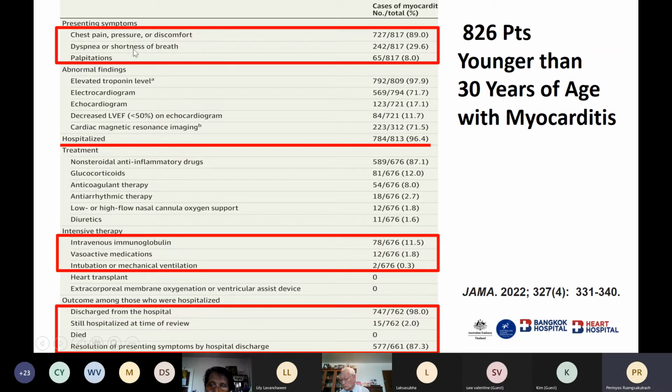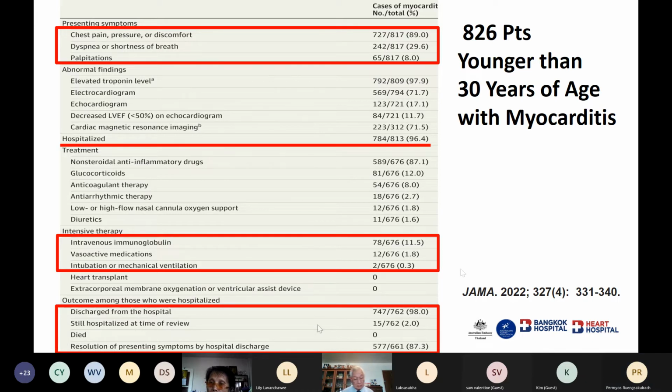Okay, chest pain or difficult breathing, or you have palpitation. Palpitation is not common. It's about 10% of the people have vaccine-induced heart muscle injury. Okay, so have to stay in the hospital 96% in this group, and about 10% have to be admitted in ICU. Okay,